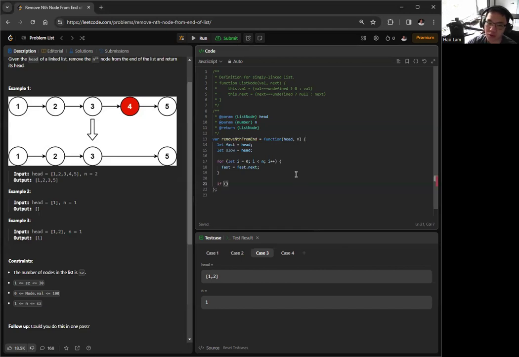Okay, and so we can check, right? If the fast pointer is null after we set the distance, then we can just return head.next, right? Or just simply head.next. Okay, same thing, right? Which means that the node we want to remove would be the first node, the head of the linked list. And then we can